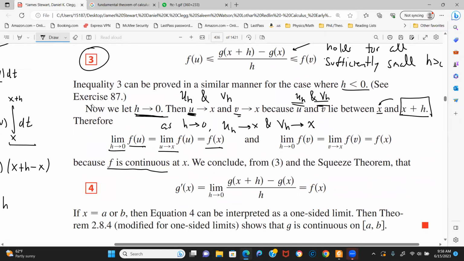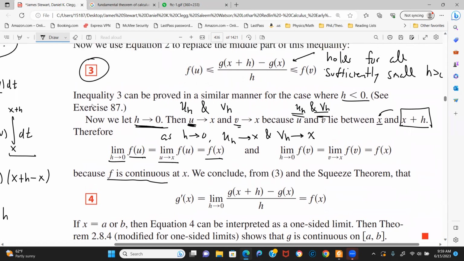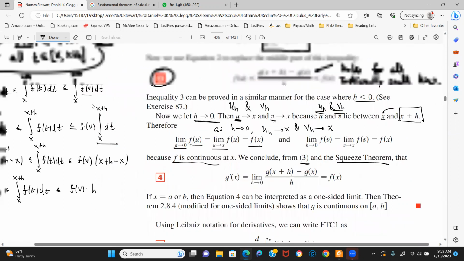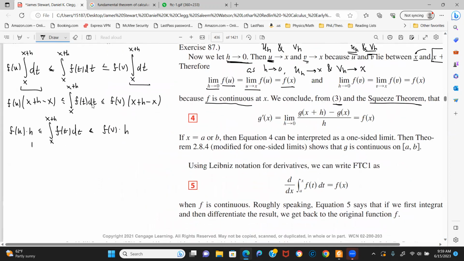All right. So now, that's basically one application of the squeeze theorem, but then we can apply the squeeze theorem again to this inequality. So we'll take the limit as h goes to zero of both sides. What we're doing right here is, this inequality implies that f of u sub h is